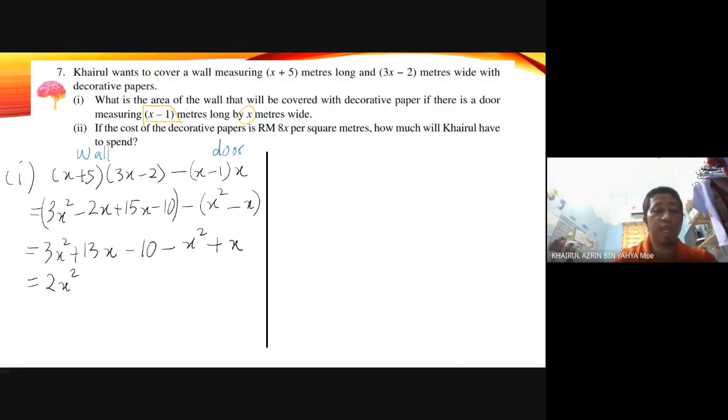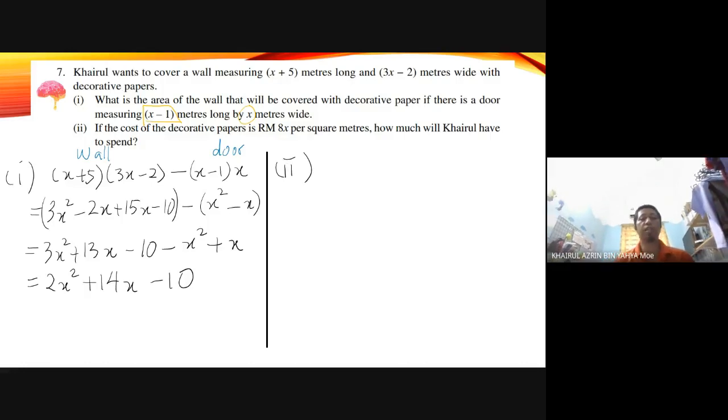13x plus 1x is 14x, and then the number is minus 10. Okay, so this is the answer for question number 1. Let me check first. Okay, for number 2,